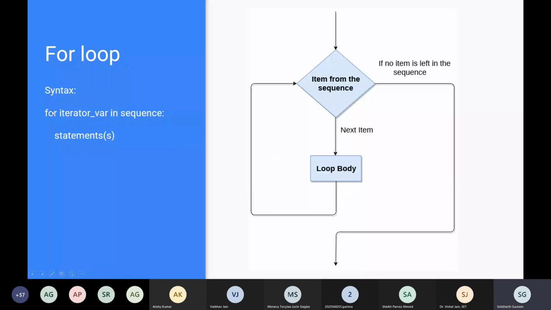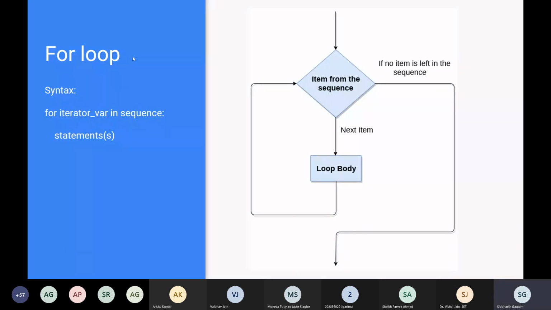So the syntax is for. We will start with the keyword for, as you can see on the left hand side, and then we have to declare a variable. This variable here is written as iterator variable, but 99% of the time you are going to use I, and if I has already been used, you'll be using J. There's no rule that you have to use I and J, but it's common programming practice to use I and J, and then if you want to use a third loop, then you can also use K as the names of the iterator variable.